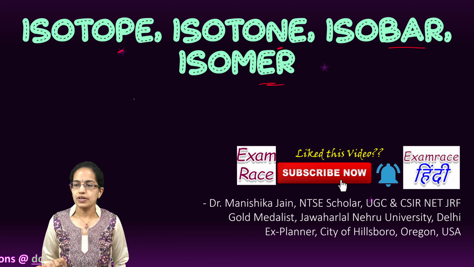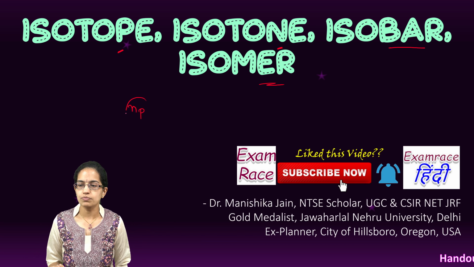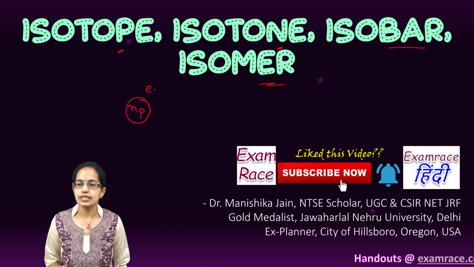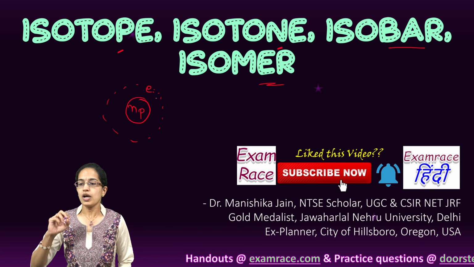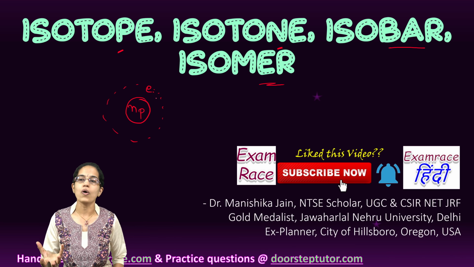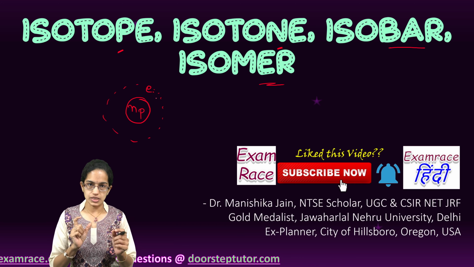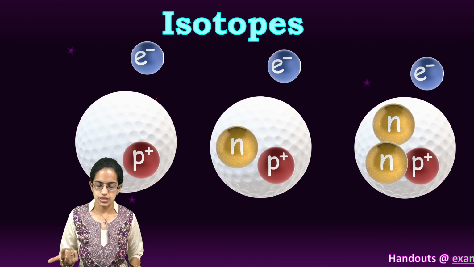Now, the structure of an atom is a very simple structure where you have neutrons and protons in the nucleus, and surrounding that you have the shells where electrons move. This whole structure of the atom is important because even if there is a slight variation in it, you would have a different structure that would be seen.